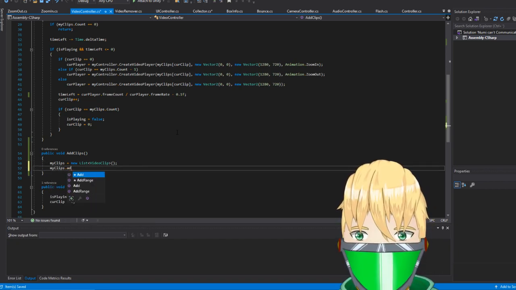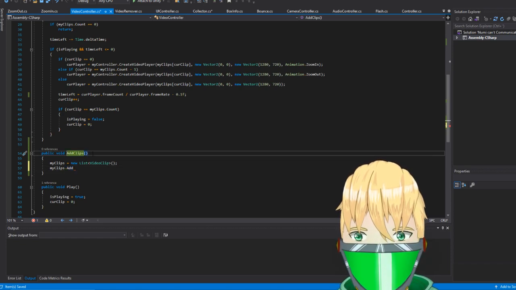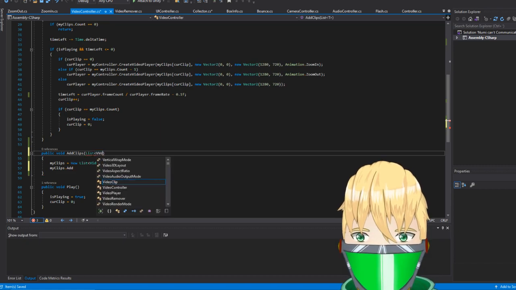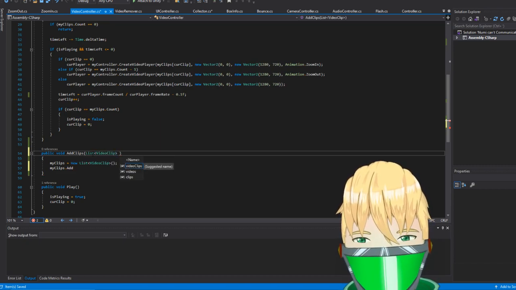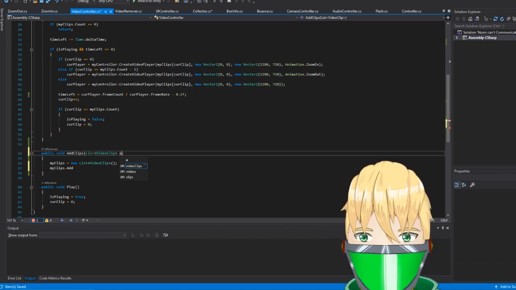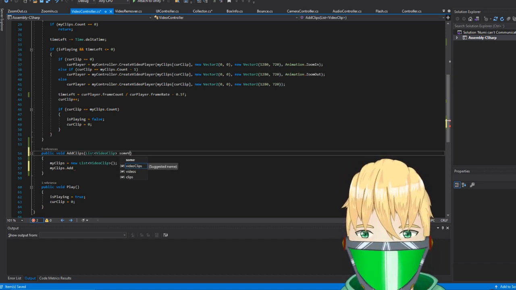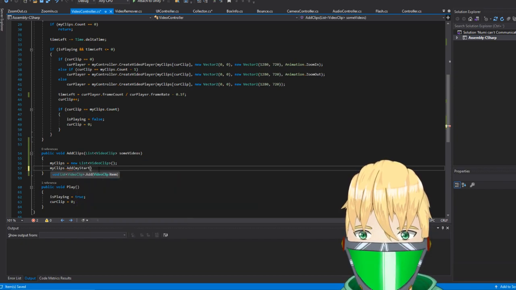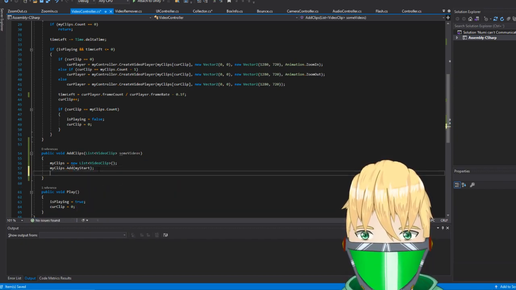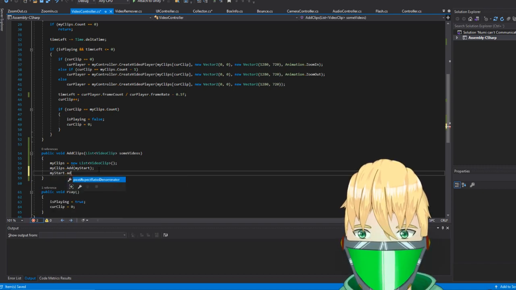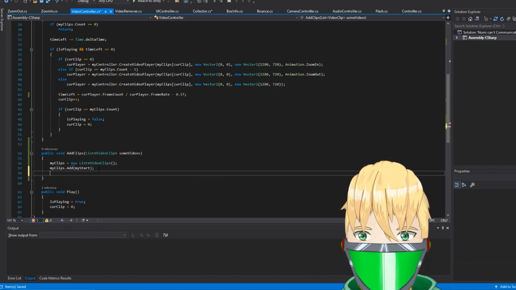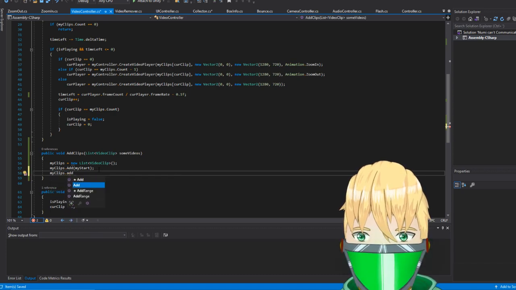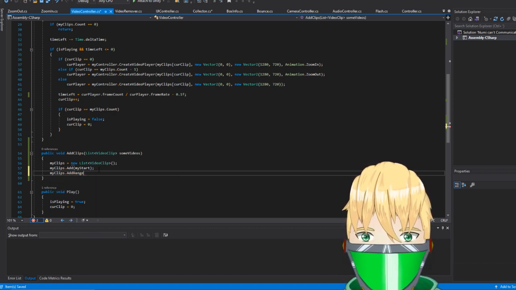Then we want my clips dot add. We also actually want a list here that we can send in. So these are gonna be our video clips that we want to add, for example some videos, and this we will just first add my start, then my clips dot add range, because we want to add the entire list here.